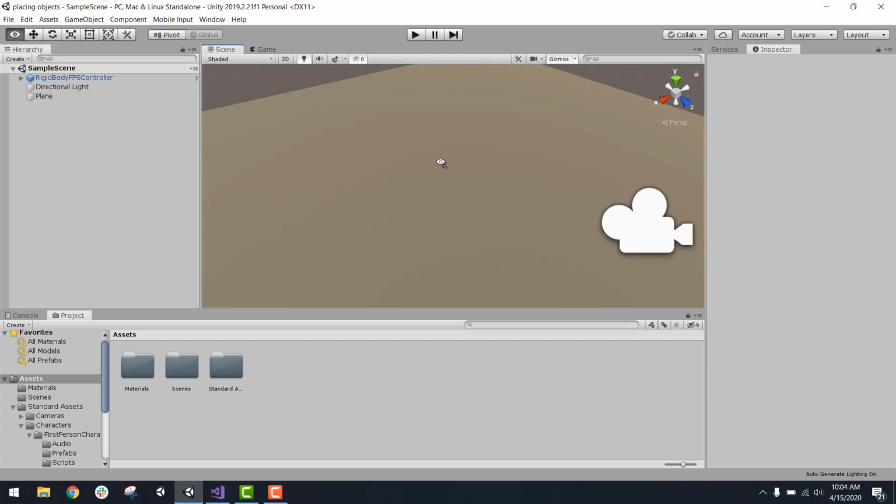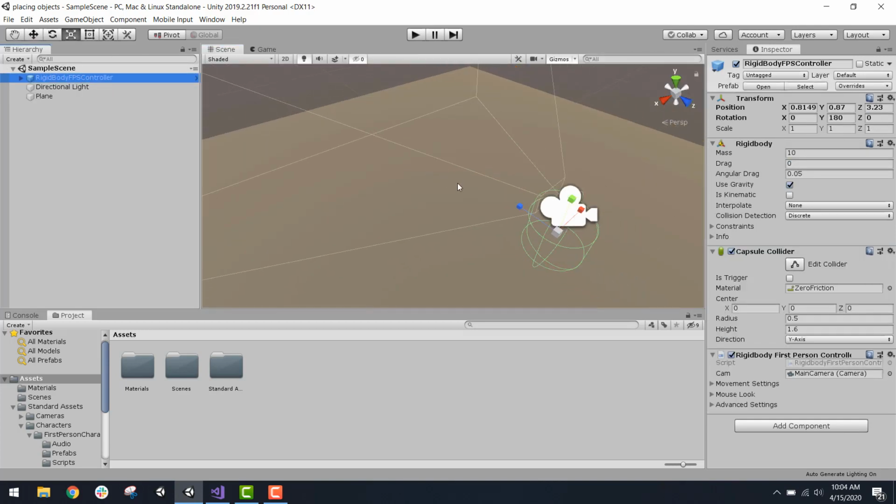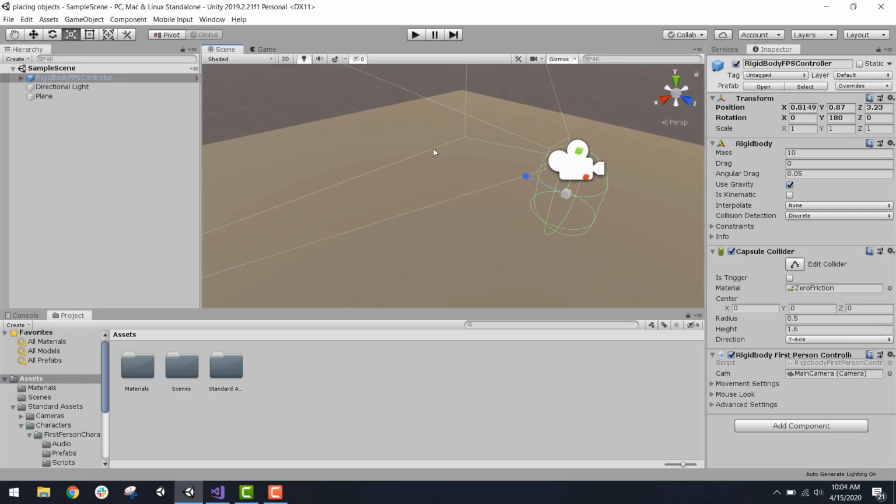So what I already have set up in the scene is a ground plane for the player to stand on, and a first-person character controller from the Unity standard assets. I'm using the rigid body FPS character controller, so if you want to pause the video right now and import standard assets so you can get the rigid body FPS controller, I'm using Unity 2019.2, and just as a